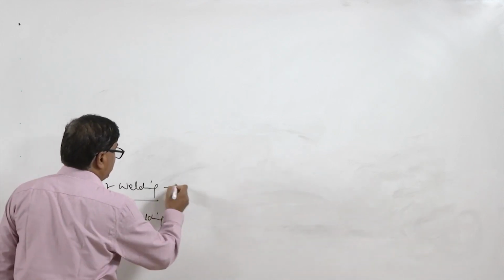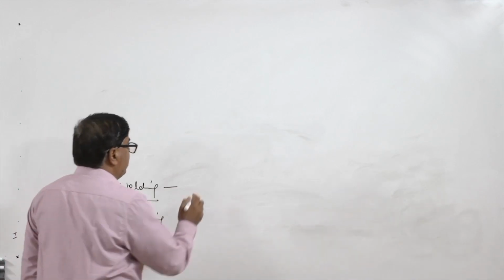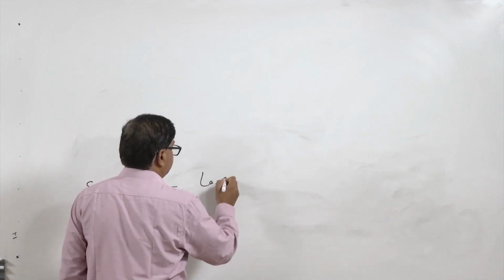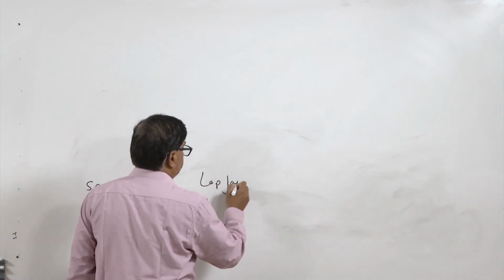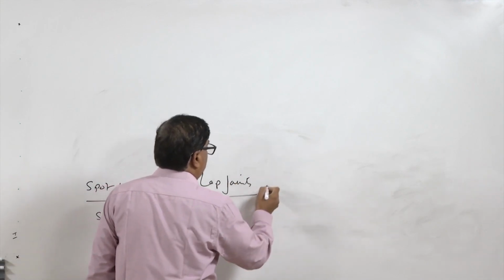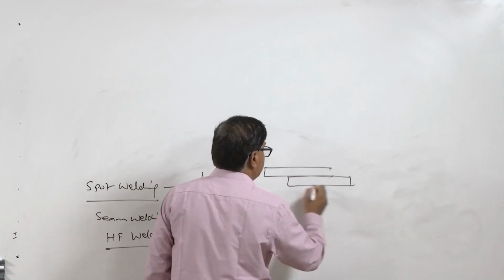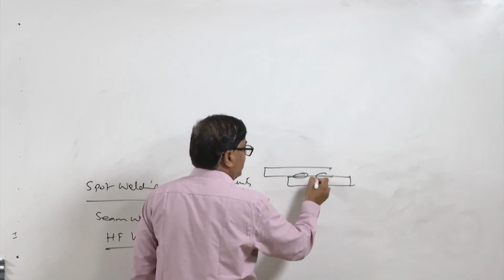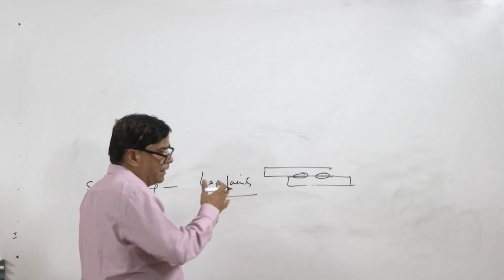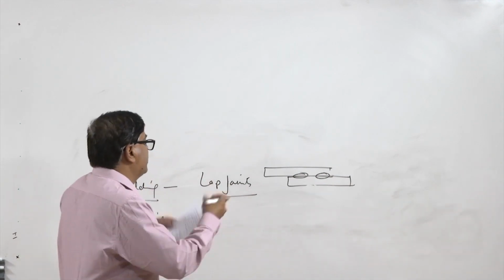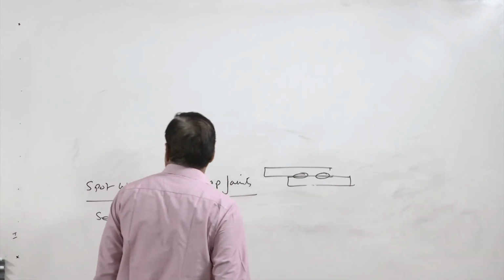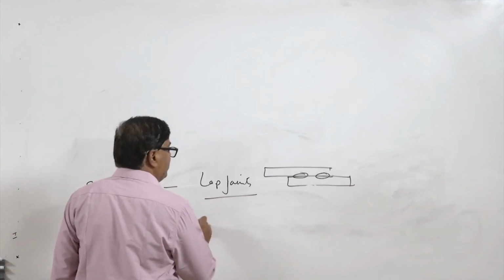So, spot welding is mainly used for developing lap joints, and mainly the nuggets are formed randomly here and there in order to achieve the desired strength. Like one nugget is formed and another nugget is formed as required so that the required strength can be achieved. In case of seam welding,